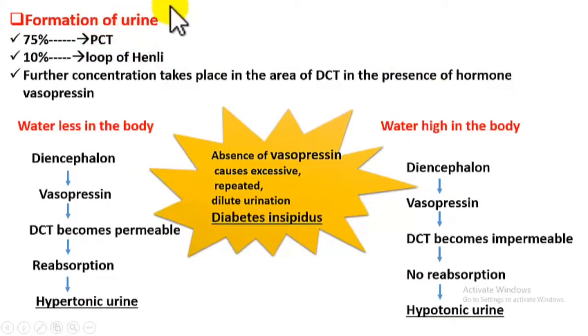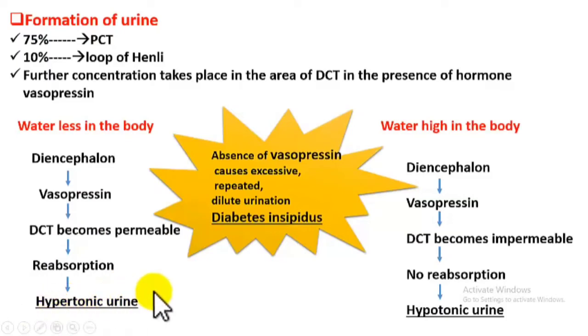Students, this is the last step where the concentration of the urine, that is the amount of water in the urine, is decided and is sent out. So based on the amount of water that is present in our body, the amount of water to be expelled out in the urine is decided. If the urine contains more water, then it is called hypotonic urine, and if the urine contains less water, then that is called hypertonic urine.